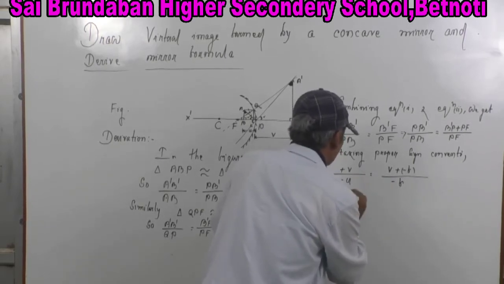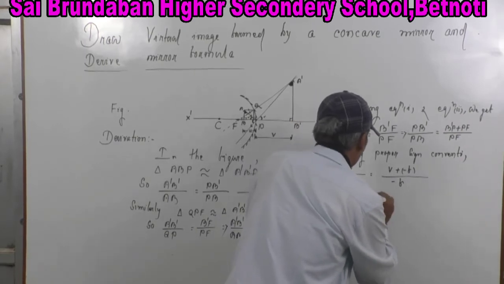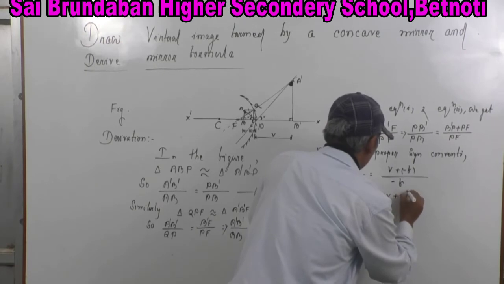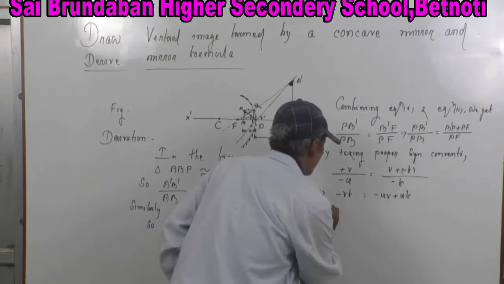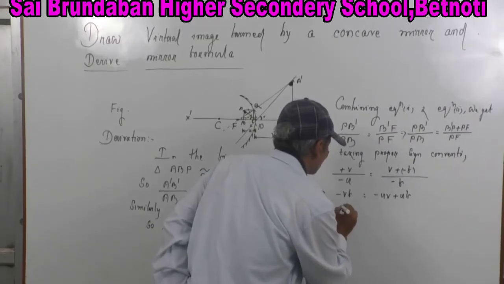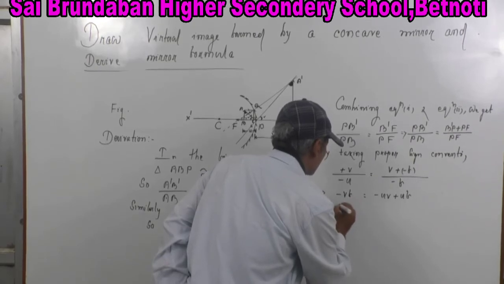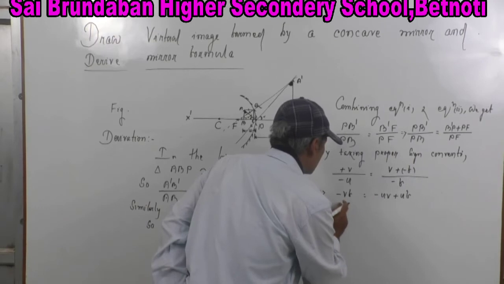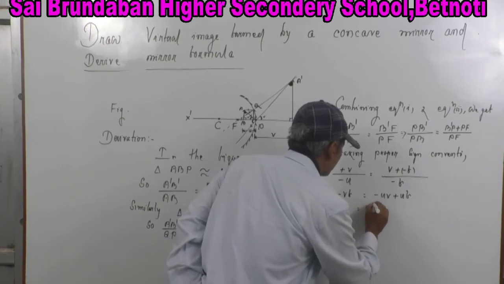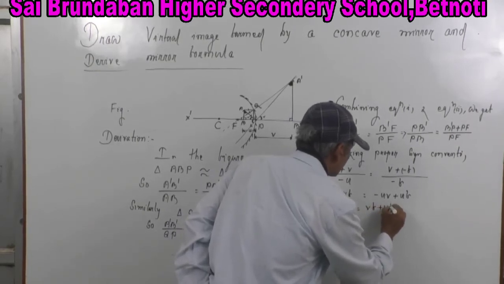Minus VF is equal to minus UV plus UF, which implies you take it to this side and take it to that side. So now UV is equal to VF plus UF,